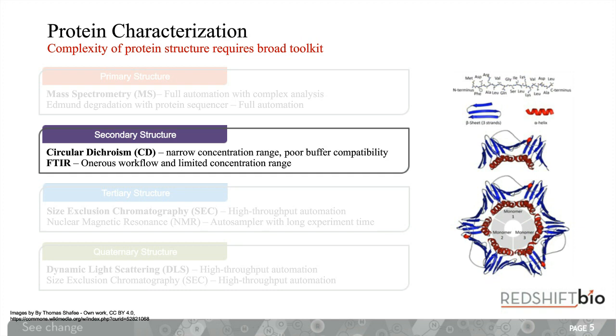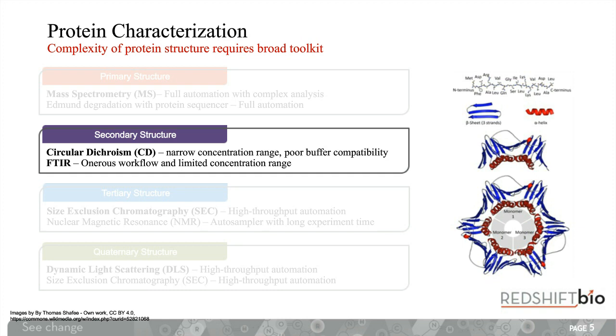It also suffers from a number of other problems, one of which is concentration. We're limited in circular dichroism to a maximum for a desktop system of about 1 milligram per mil concentration, which is usually quite a long way below what would be needed to look at these samples in situ, particularly in their formulation conditions. And it also suffers from poor compatibility with the background.